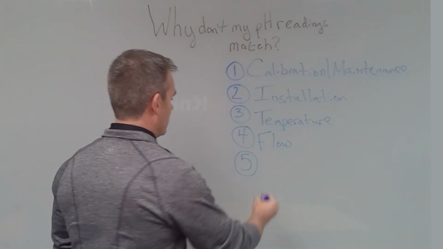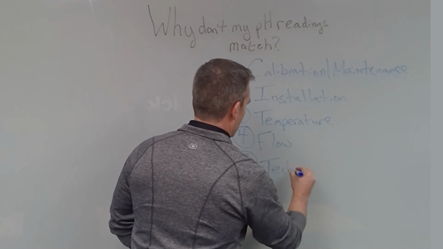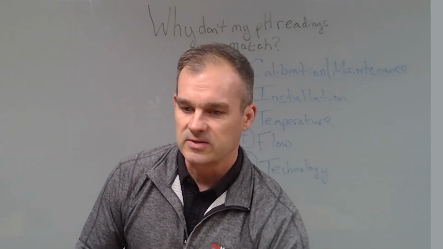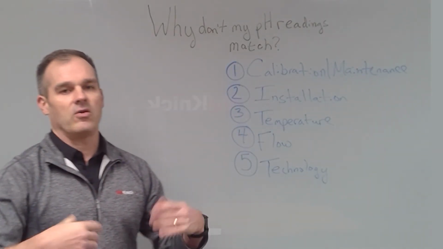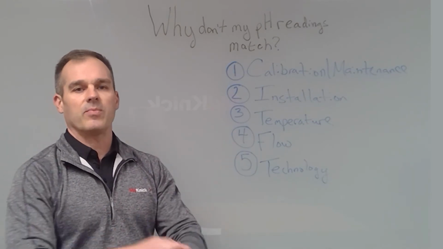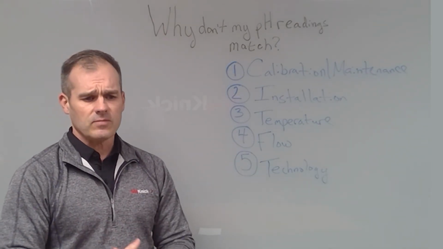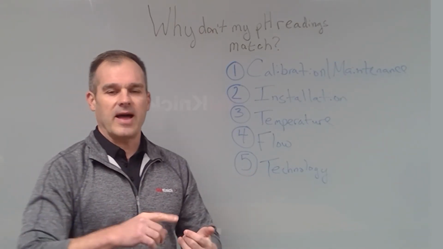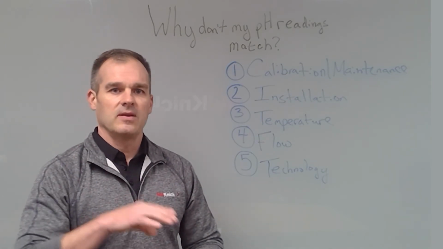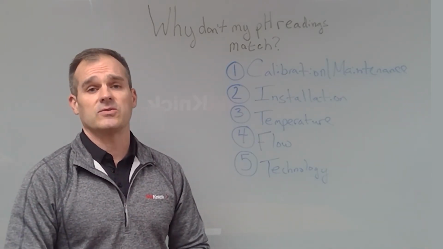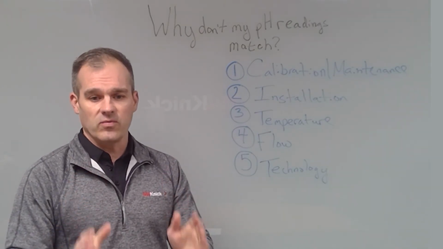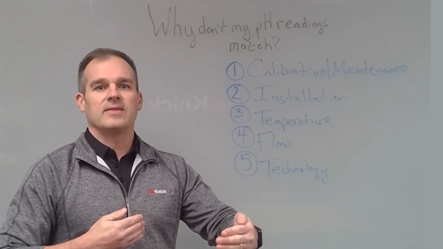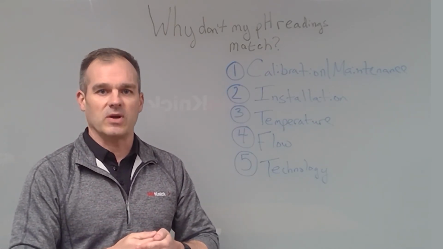Last but not least is technology. Oftentimes, people are using 2 different types of sensors and comparing the readings from them. Although you would think, yes, if they're both calibrated properly, you should get the same reading. Not all pH sensors are made the same. The glass recipes by manufacturer are different. The electrolyte recipes can be different, and even the sensor construction can be different. If you're trying to really help your people in the field, the operators running your process, you really should use the same type of technology as much as possible.